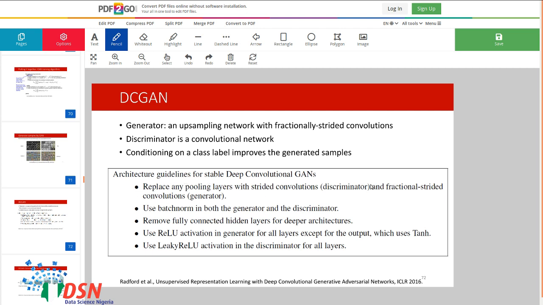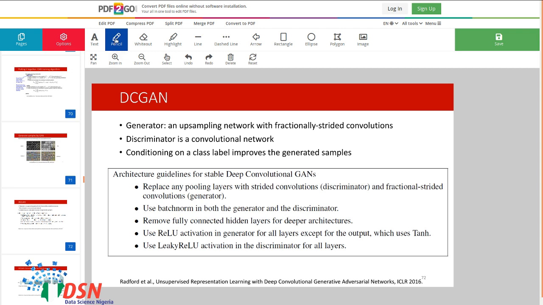So these are mostly experimental results instead of theoretical proofs. Or it's better to use batch normalization in the generator and discriminator to have better and more stable training. Or remove fully connected hidden layers for deeper structures.